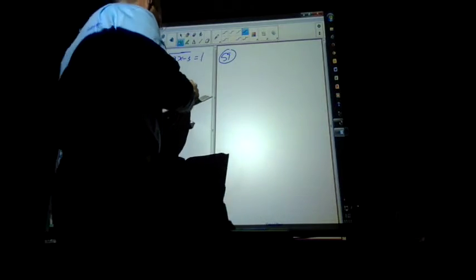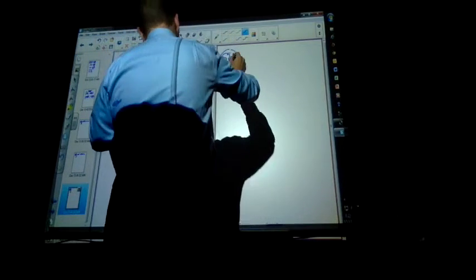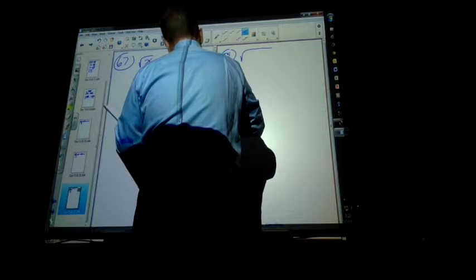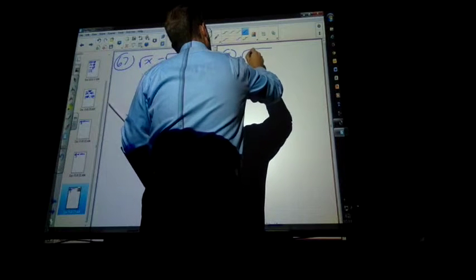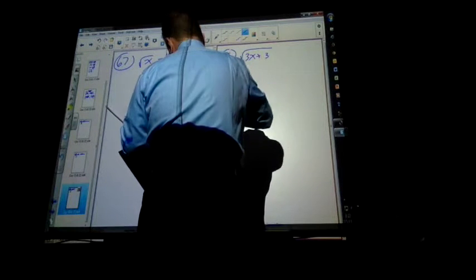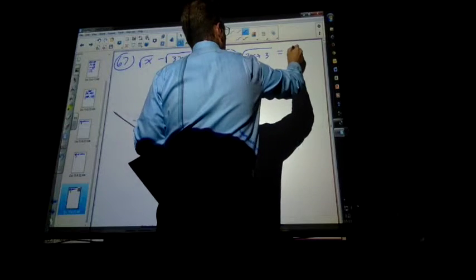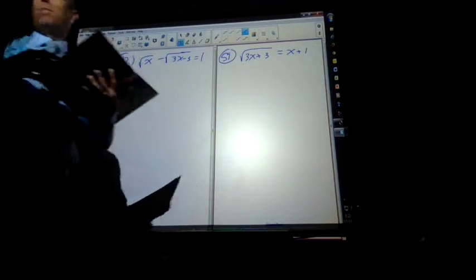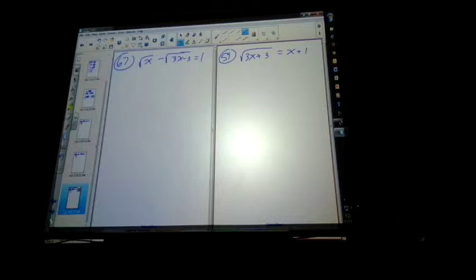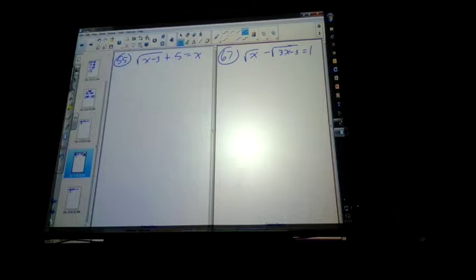Yes. Anything else? Good? Seems like a good start to go through. And again, I'll mark this off tomorrow, okay? But we'll run through these few right now. All right, so